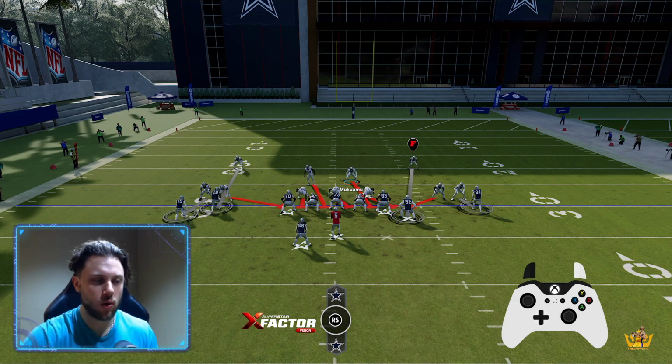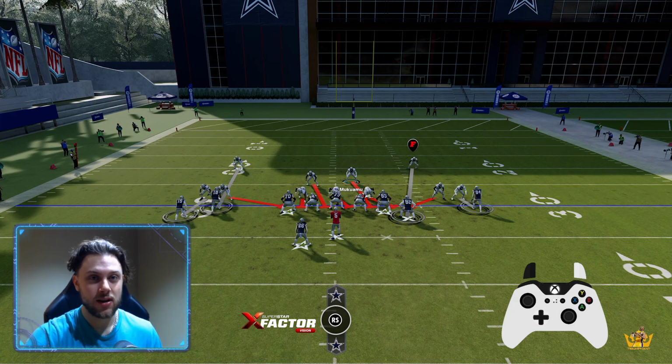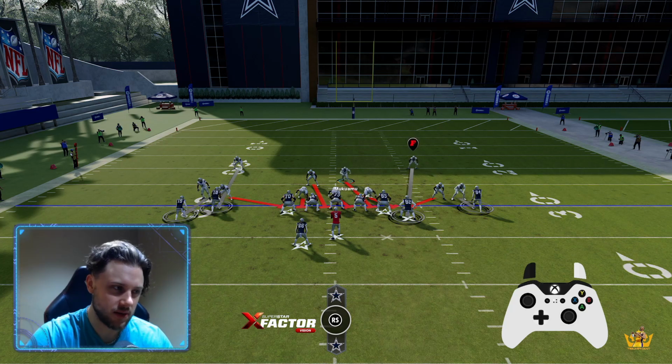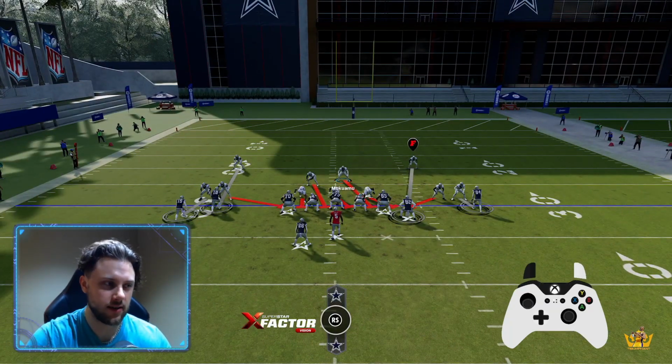You do the coverage more because then they get used to seeing the coverage. And then when you send the screamer, you get them behind the sticks, because most of the time they're going to take a sack. Okay. Now we'll see how the CPU does with this, because they tend to dot up, but this is super effective against